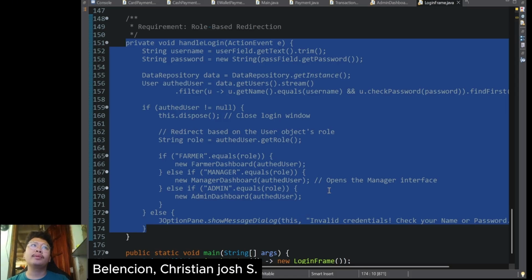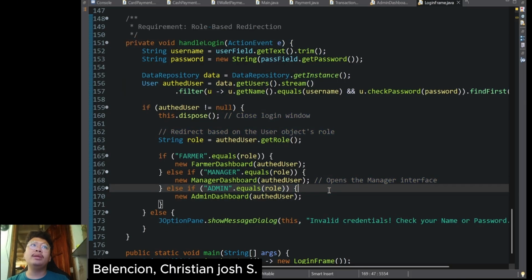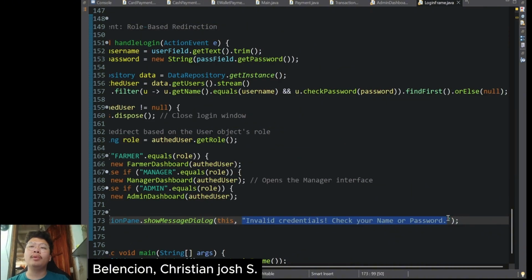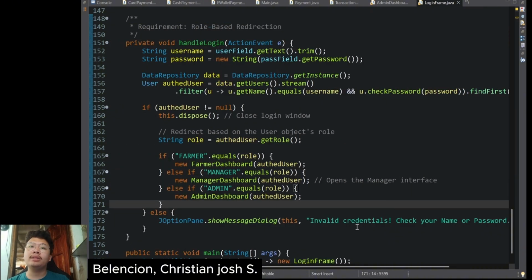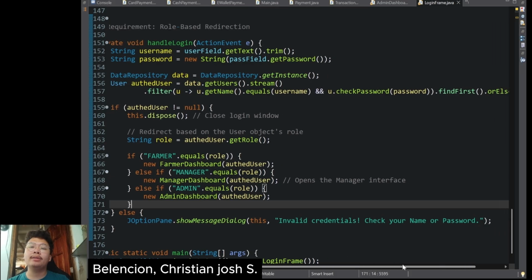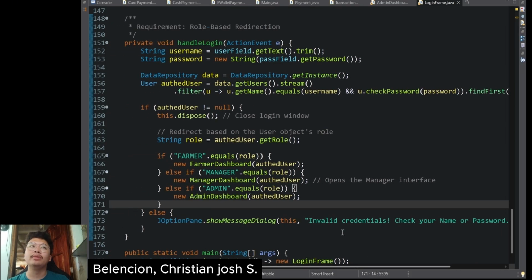The user will be allowed to continue to the next window or dashboard. But if the username or password is incorrect, the system will show an error message to inform the user: invalid credentials, check your username and password.